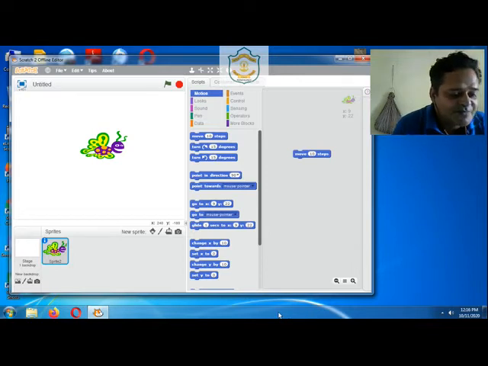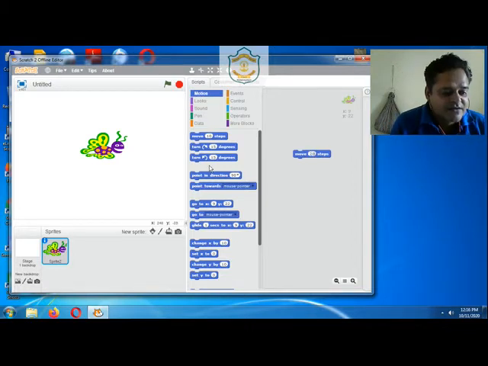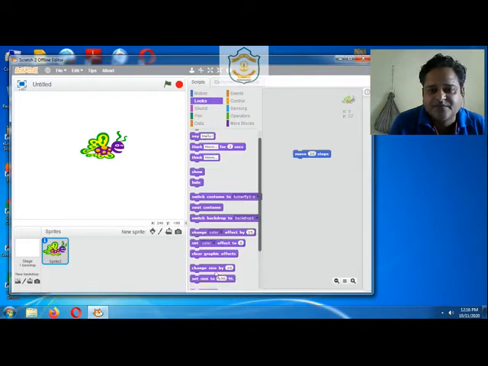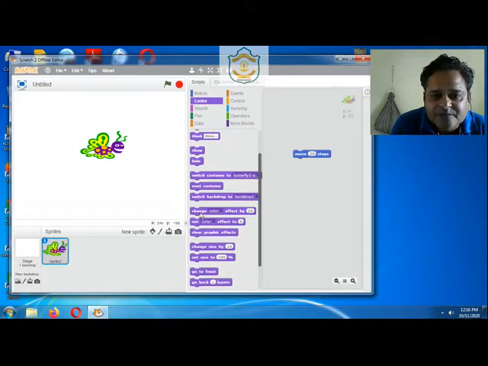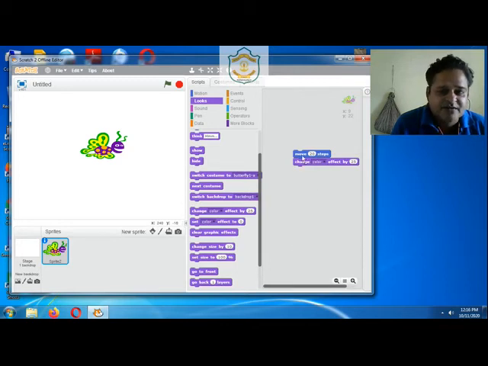Now we can change it to 20. The next block they have used is change color effect by 25. So let's go to color effect. There it is. We just drag it and place it. So I have placed the second block also there.